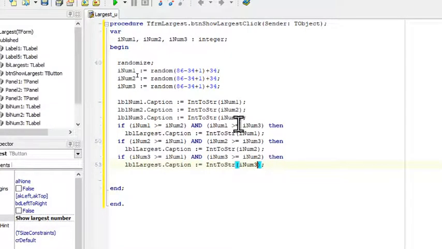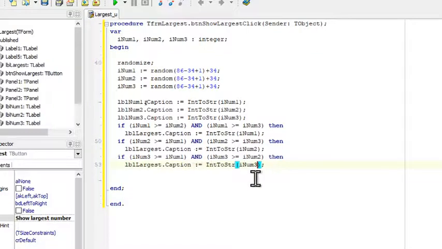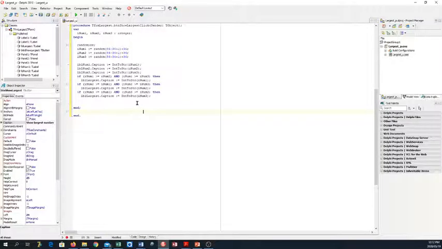So both of them need to be true for this code to be executed. So if number 1 is bigger than the second one and bigger than the third one, then it is the largest. If the second one, and so on, if the third one, and so on. All right, let's have a look. If we run this program,